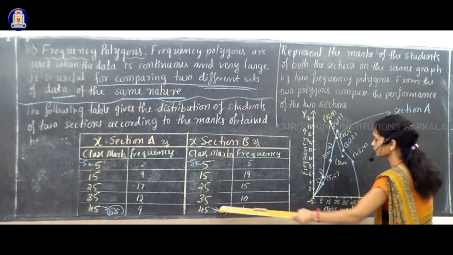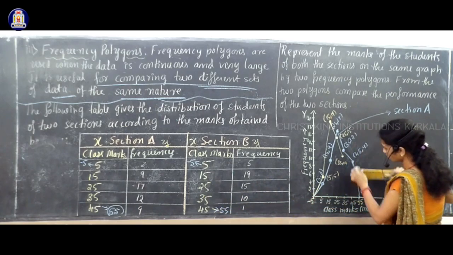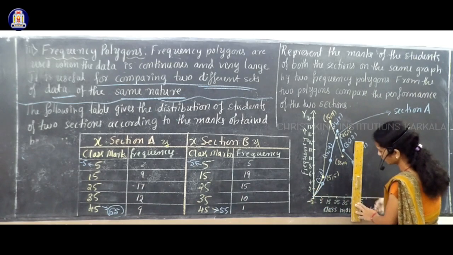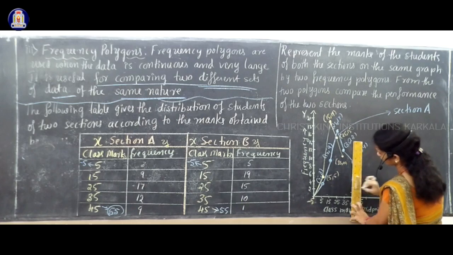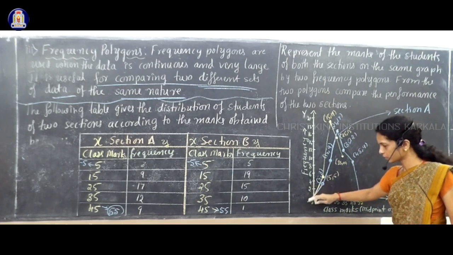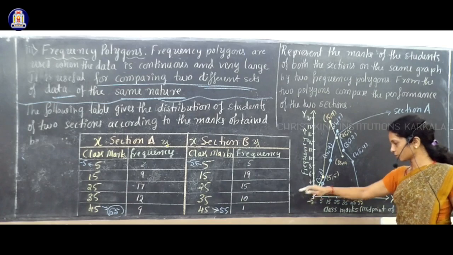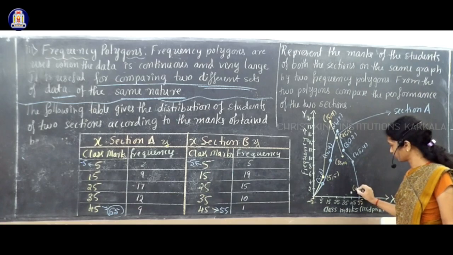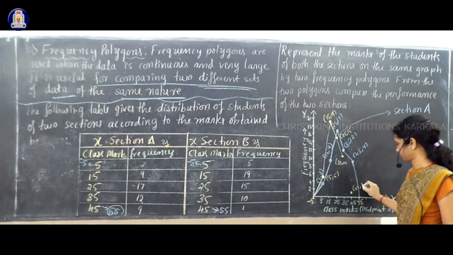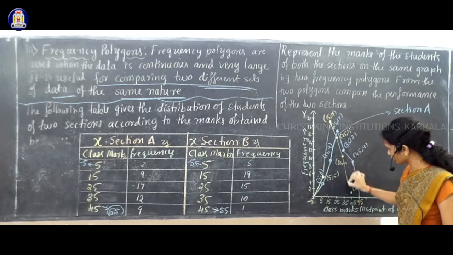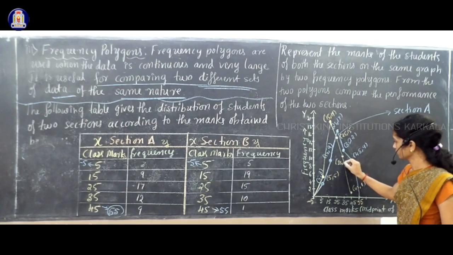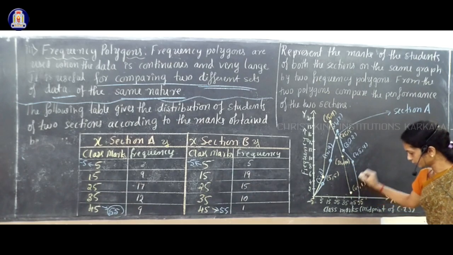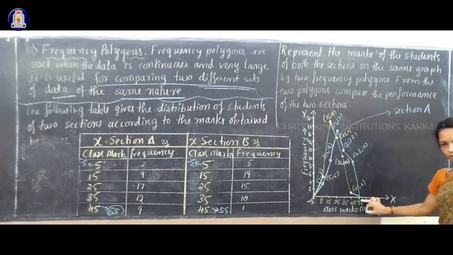And the next last one is 45, 1. At 45 you have to move up to 1. Okay, exactly in between this 0 and 2 you have 1. Okay, 0 is not marked, but here before 2 you have 0. Okay, this line is 0. So here it is, that point is what? 45, 1. Join that with the previous point. And this last point you have to join with the next class mark 55.